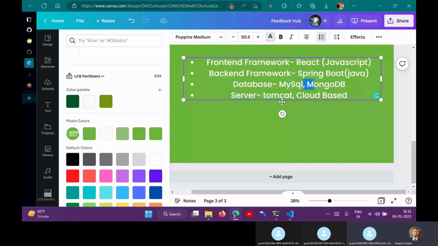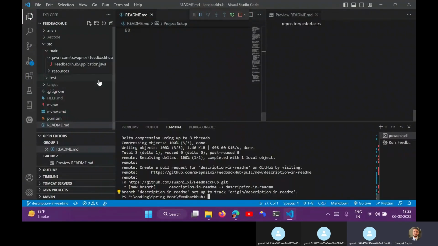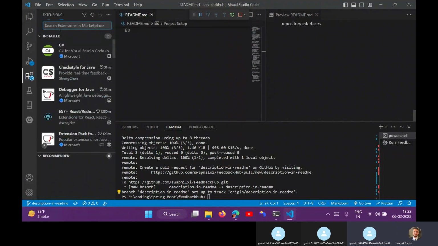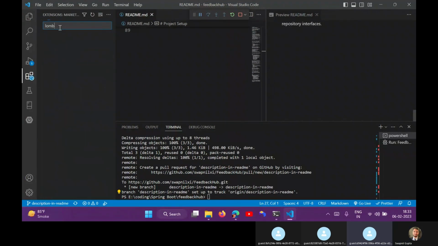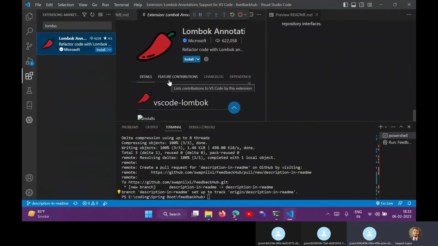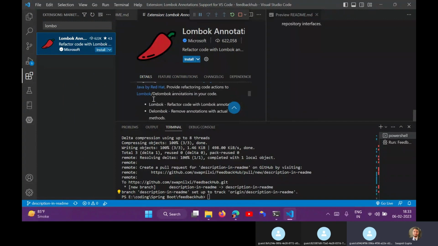Though some IDEs are capable of generating it, what Spring Boot does is give you an extension or functionality. We call it Lombok, right? With Lombok annotations, you don't need to write getters and setters all the time.